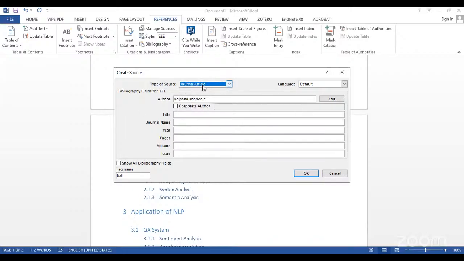I have selected the journal article. After that, put here any title of your paper. Suppose I put here natural language processing for text mining.